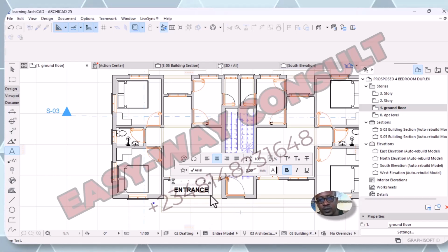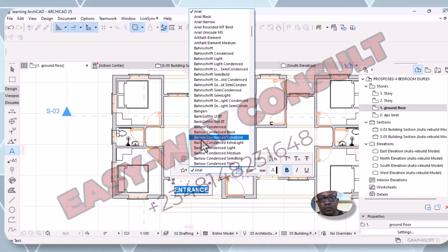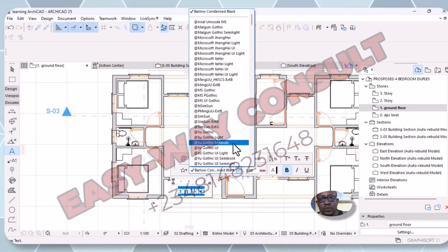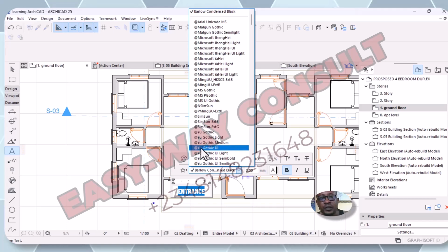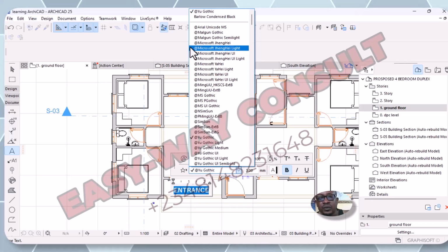So if you don't like this, you simply highlight it here, and you can change whatever you want to change. You can see it. You can also automatically change it when you click on your tool and come here, but you can use this just to get the kind of text you want and the size you want, how you want it. You understand? When you get it,